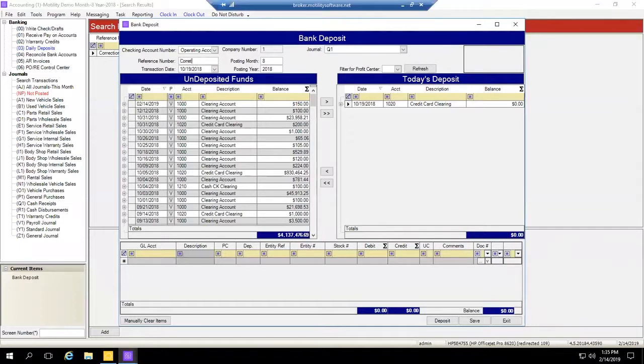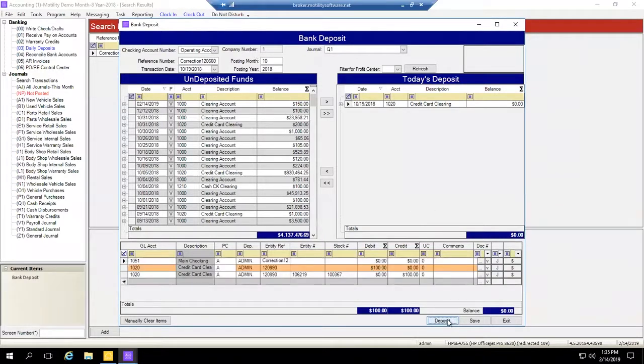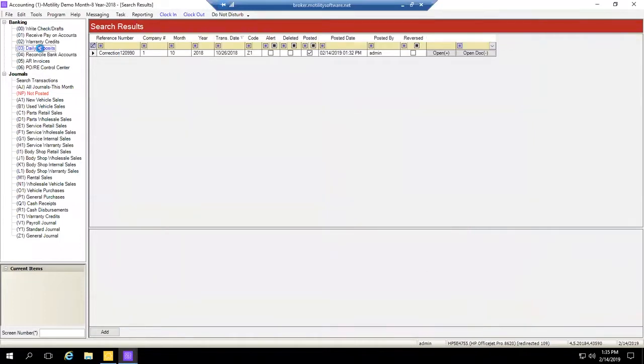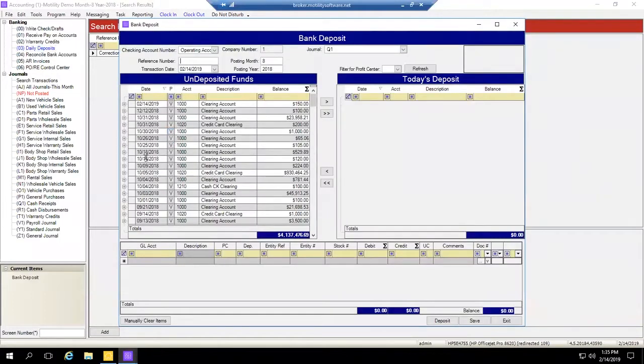I'm going to call this correction, if I can spell it right, 120660. Okay, now hit the deposit button. You'll see that nothing is being added to the checking account, but it is taking these two line items out of my clearing account. So now when I go back into my daily deposits, 1019 doesn't show up here, so we cleared it. So you can kind of see the corrections, if you need to remove items out of here,